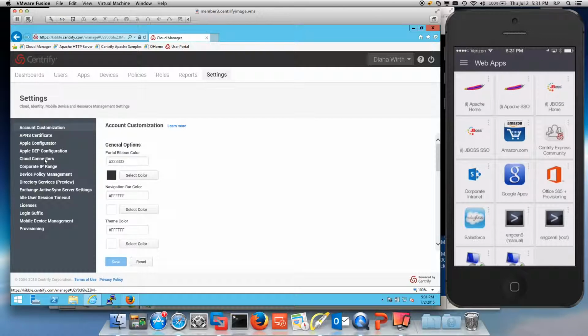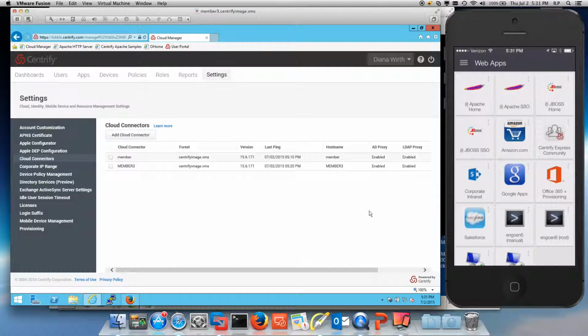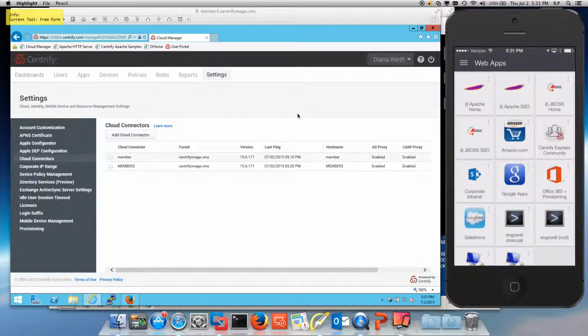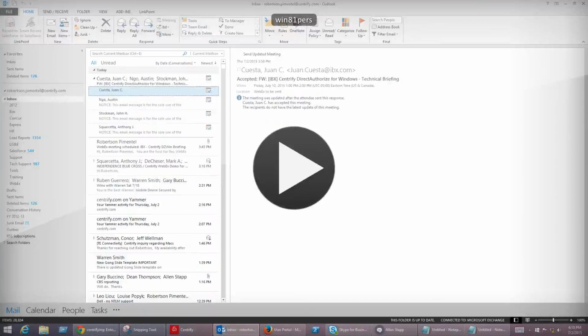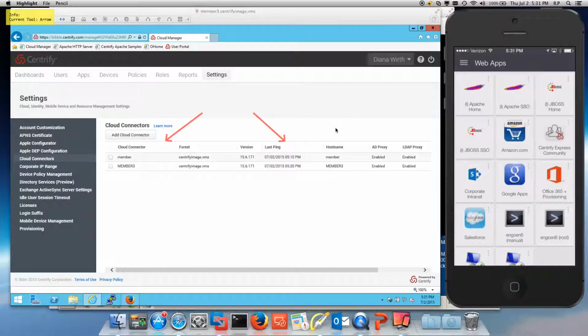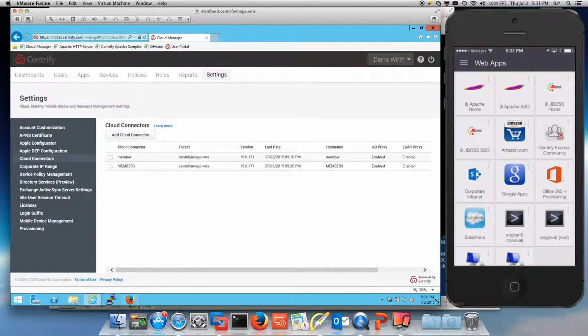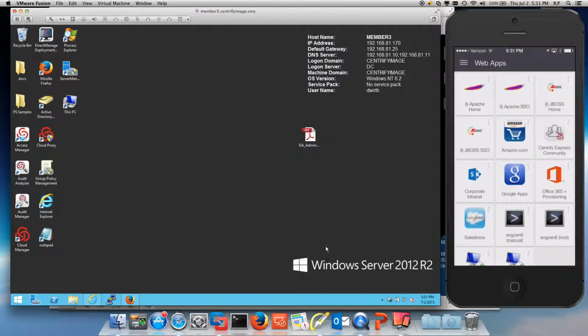only provide a bridge to AD, but can also provide bridges to LDAP directories that are on premise, and they can provide basically VPN-less access to targeted applications. So it acts like an SSL VPN. Notice that in this environment, there are two of them running right now. They are basically Windows services that run on a Windows machine, and they can be behind